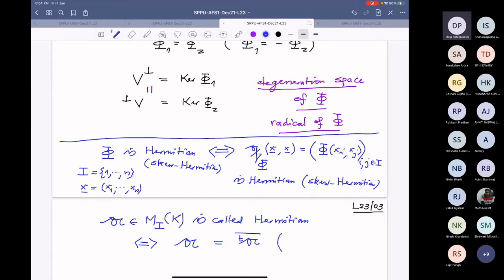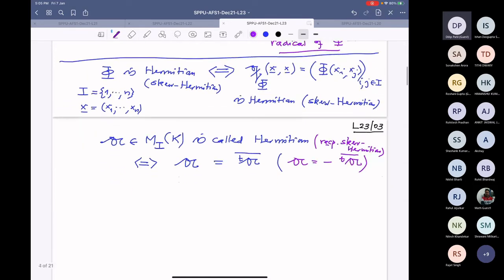And skew Hermitian, A is minus of this. It is skew Hermitian. And therefore, our definition of symmetric matrix is contained here. If it is symmetric, that means our conjugation is identity. That means bar is equal to itself. So in that case, symmetric will be A equal to A transpose, and skew symmetric means A equal to minus